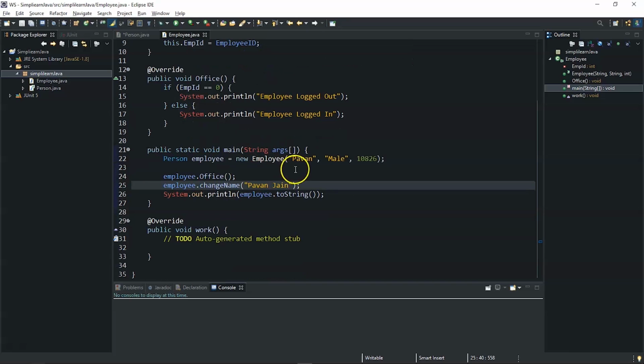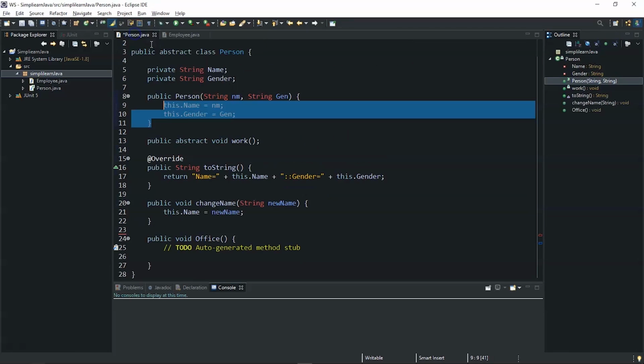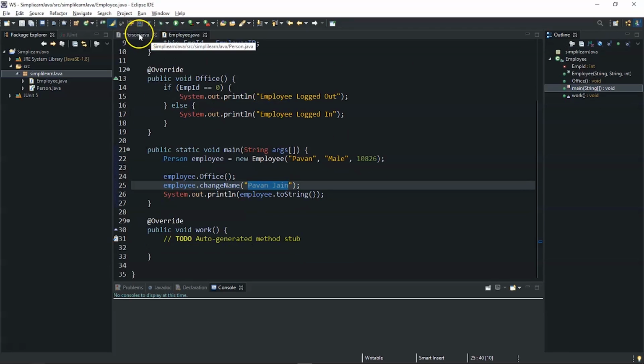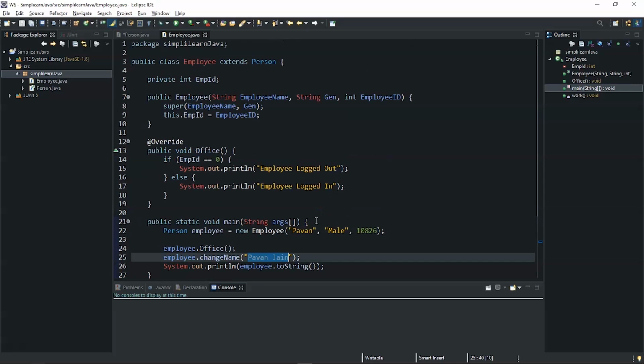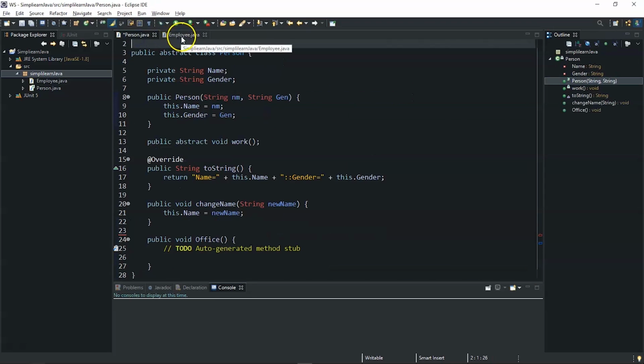So basically our object here will be Mr. Pawan Jain, who is going to be the object out of the class person. Right? So the person is the blueprint, and we are using this particular person blueprint to create this employee object, which is Mr. Pawan Jain, who happens to be an employee for a certain company. Now we will run this code and see the output. Don't worry, you will be having access to the code and you can apply your own modifications